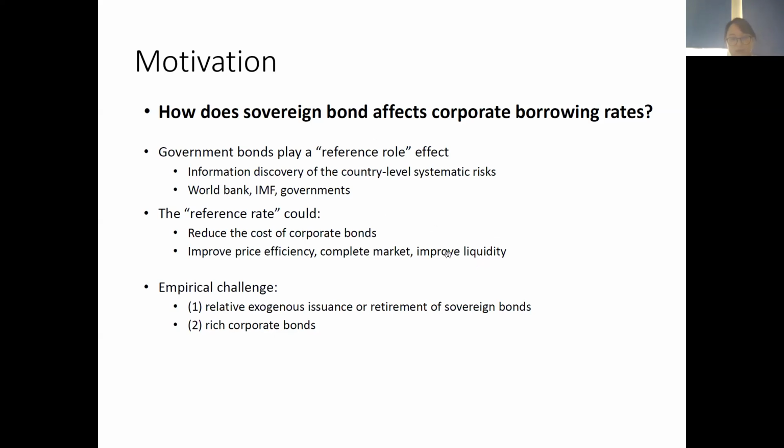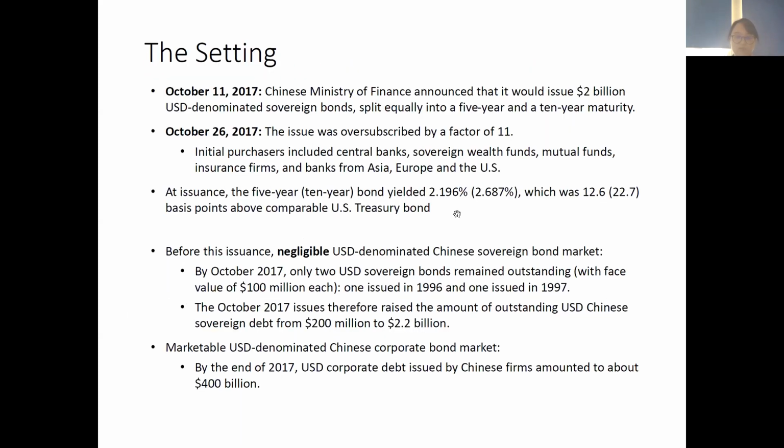Right? That's one difficulty. The other difficulty is that because we wanted to examine the effect of sovereign bonds on corporate bonds, ideally we wanted a rich pool of corporate bonds for us to study. Otherwise, we may not have any statistical power to look at the effect on corporate bond borrowing costs. Traditionally, for developed fixed income markets like the US, often you would see there is already a rich pool of sovereign bonds. So it's difficult to examine an exogenous issuance of sovereign bonds on corporate bond costs. Right, so in this paper, we're trying to tackle these empirical difficulties using a very unique